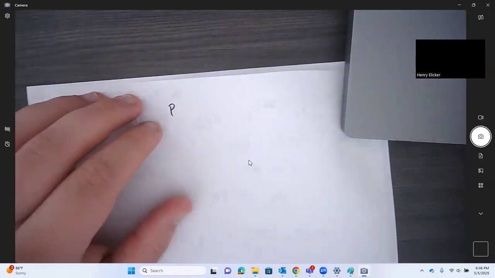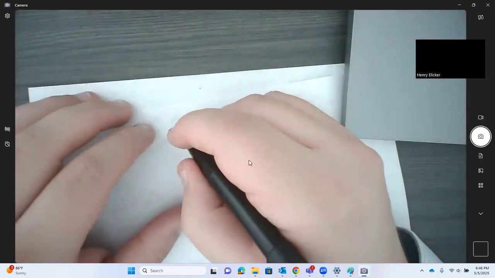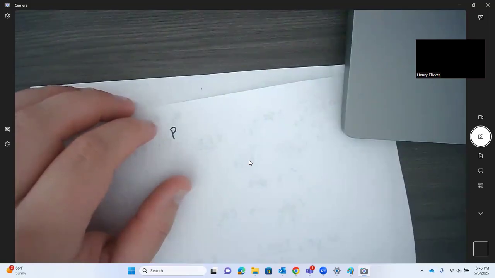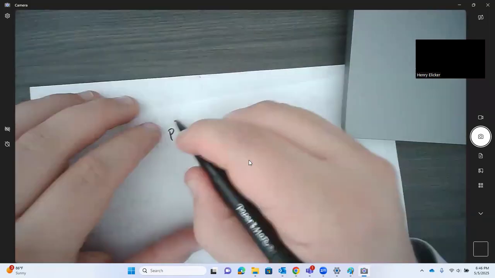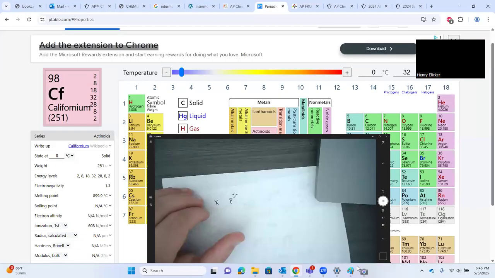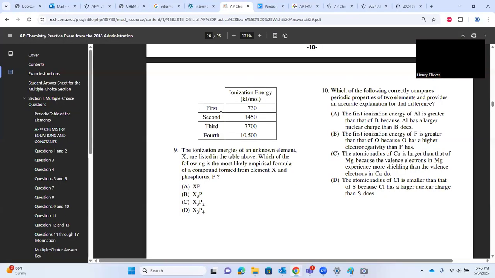With some variance in the transition metals. So P is actually usually 3 minus. It's in that column. Okay. So P3 minus. Then the question is, what is the charge on X? Notice ionization energy means how much energy it takes to turn something into an ion. Notice that it takes some energy to make X into X plus, and then it takes more energy to make